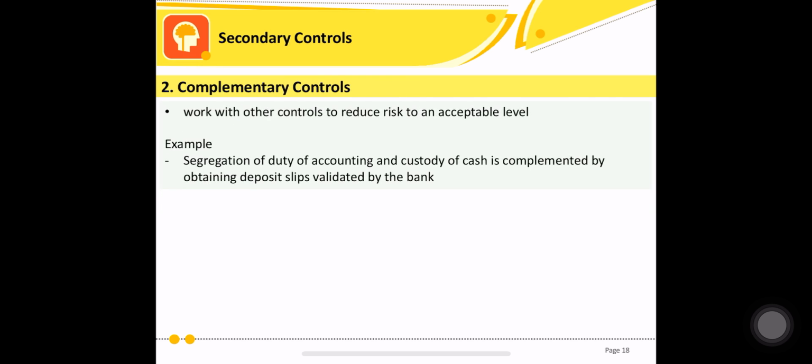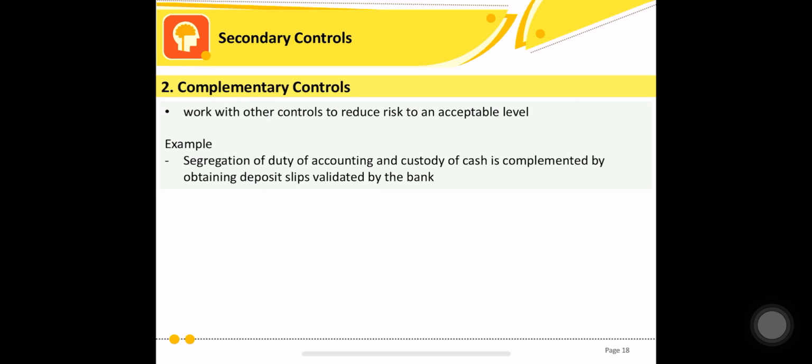And the last secondary control, we have complementary controls. So maybe you're kind of familiar with the word complement. Siguro kapag ano ka, if you're a gold member of whatever you call it, membership, kunwari SNR, mga ganyan, di ba nakaka-receive ka ng complimentary mga juices, mga drinks, mga food, and the likes. So, the same way, yun din yung concept ng complementary control here. I'll relate it with that.